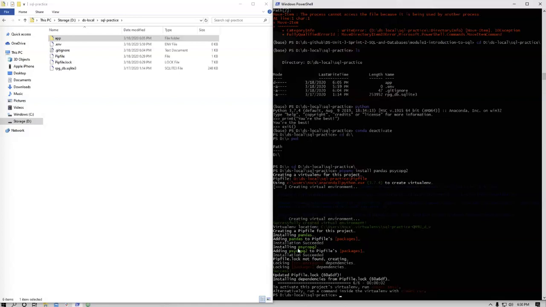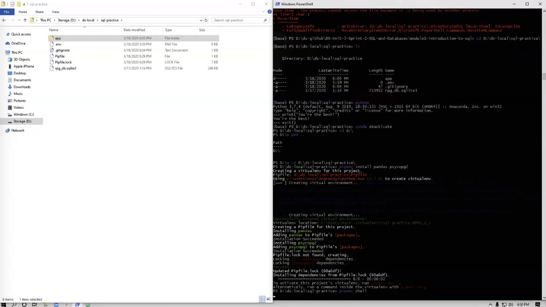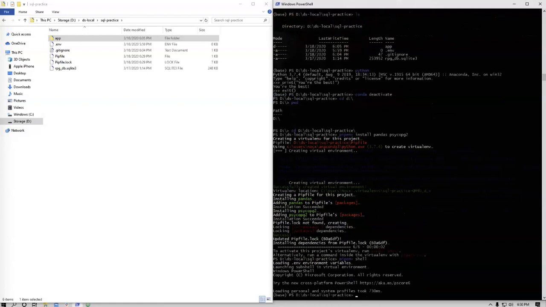Okay. So just the point that I wanted to make so that you guys are aware. In fact, when you see the green success here, that's a good indication that everything's going to work. All right, cool. So now we're ready to get into this shell. Let's go ahead and bust a move.